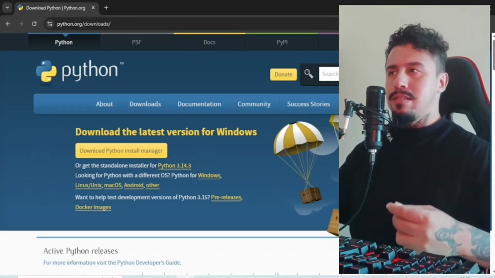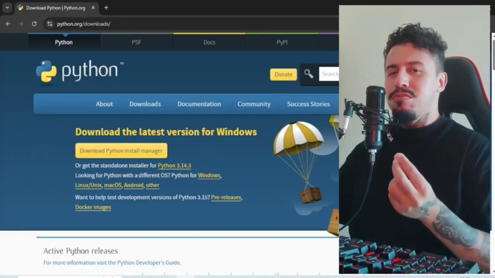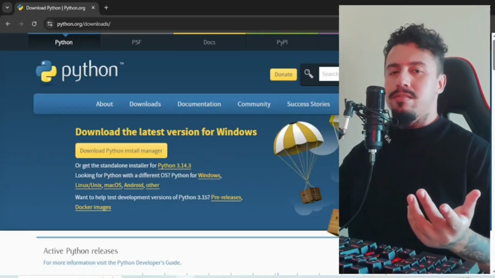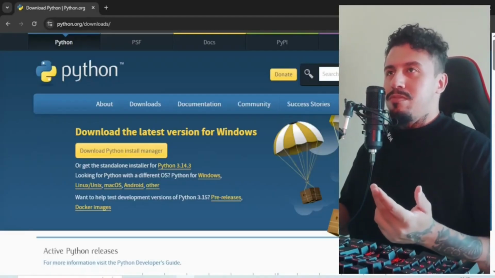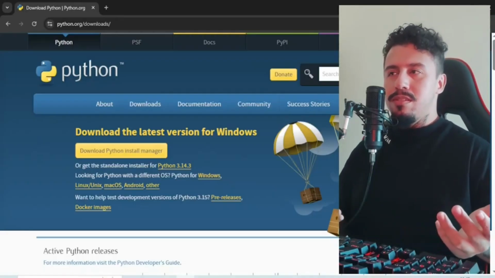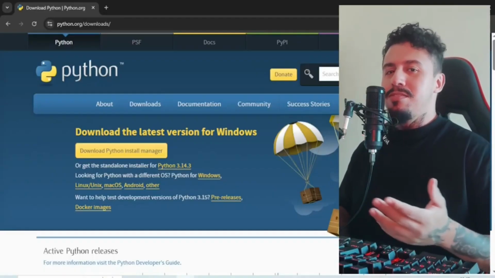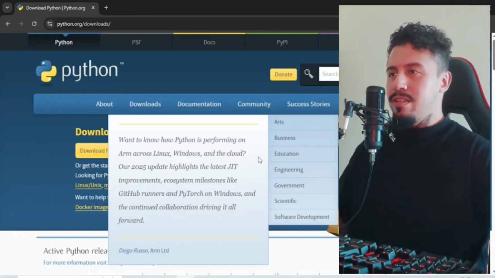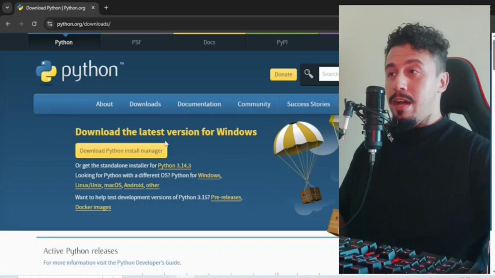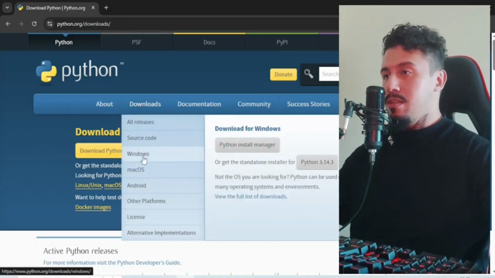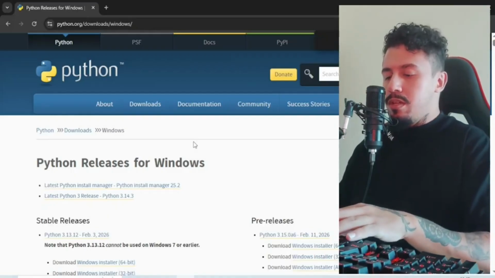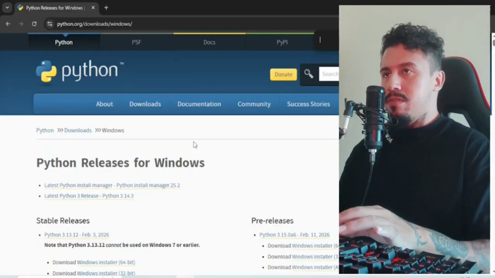They take a little time, a few months, to adapt to the latest version of Python. So you don't want to have problems when you use frameworks and libraries. So you are not going to download the latest version of Python, right? You can see here that at this moment the latest version is 3.14, but I'm gonna click here, downloads. I'm gonna click Windows because it's my operating system, and I'm going to search by typing Ctrl F for